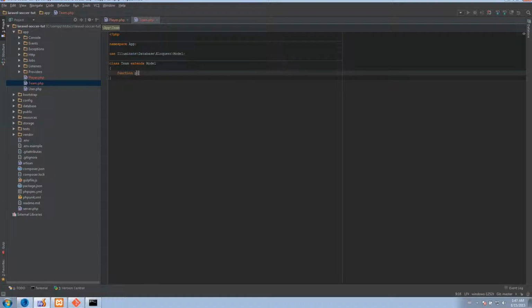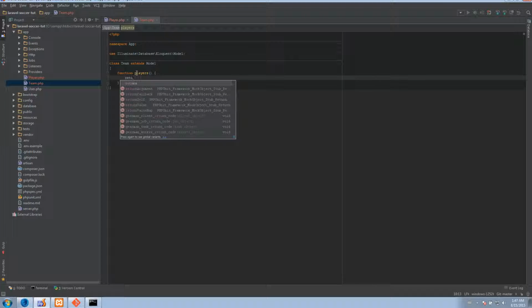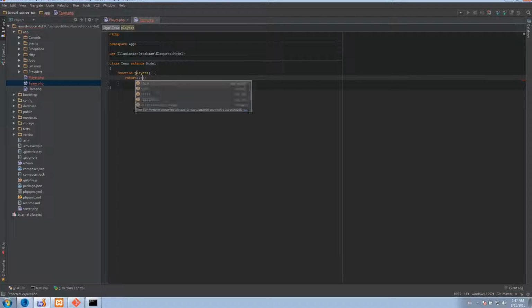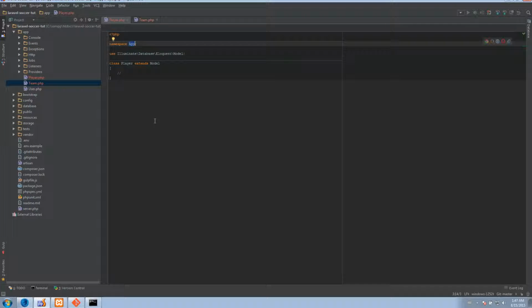Each team has players, and I'm building a relation right now. It's important, and it's hasMany, and it's App\Player. Why? Because Player is under the namespace App, so you have to do it like that. You're referencing the class right here. That's the point. So that's it for the one side, and for the other side, it's like